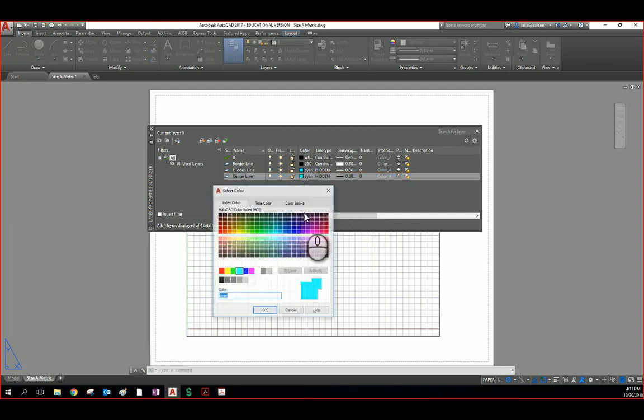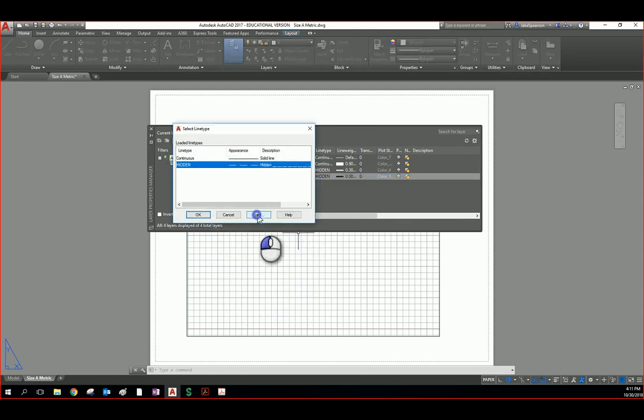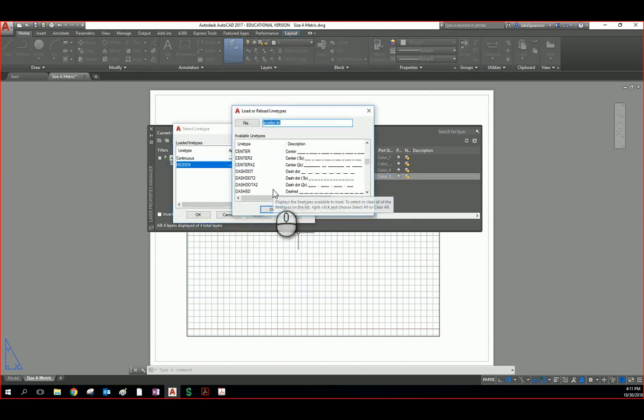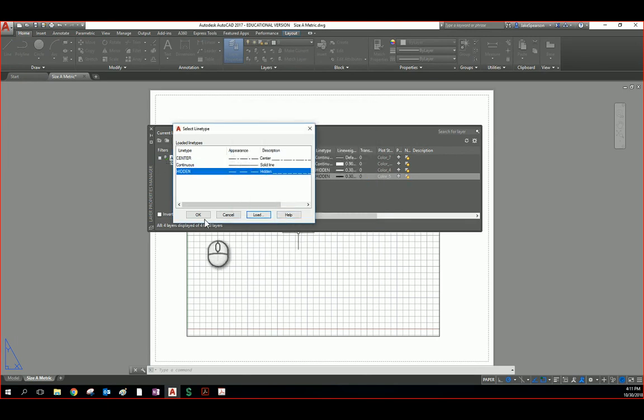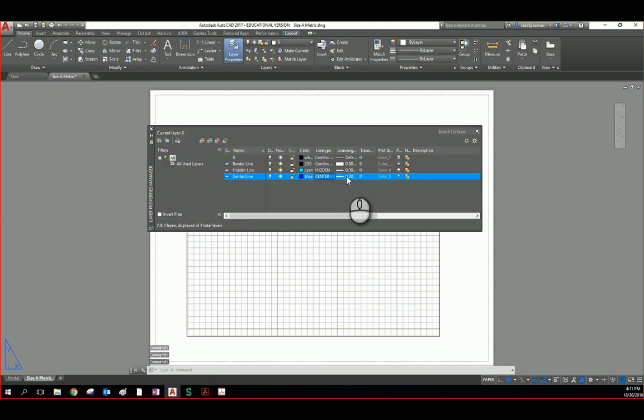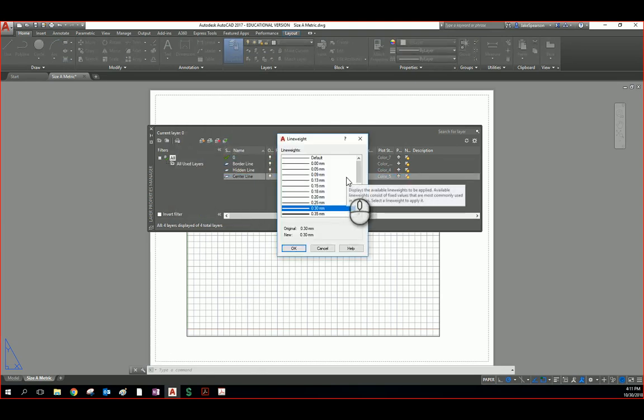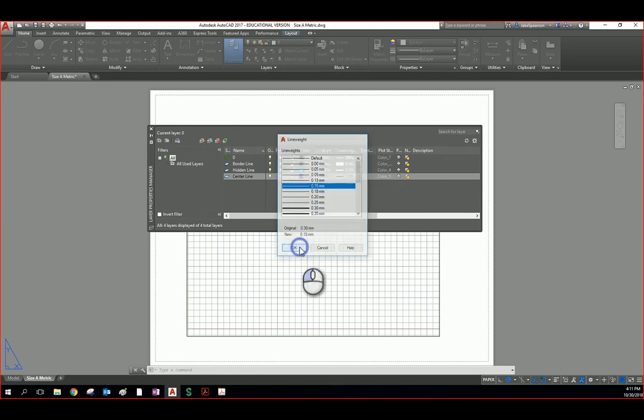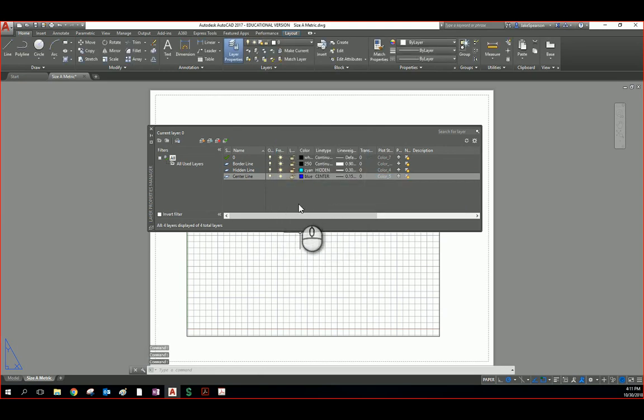The color is blue. The line type is a center line. Center line, not the other two, just the typical regular center line. I'm going to say OK after I click it, and then the line weight will be 0.15 millimeters. Okay,